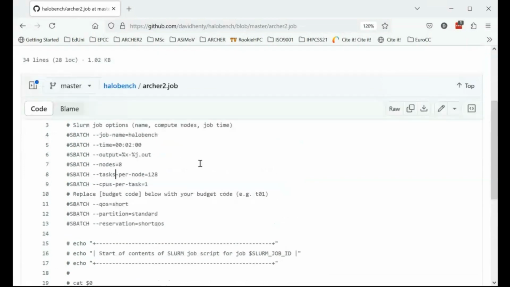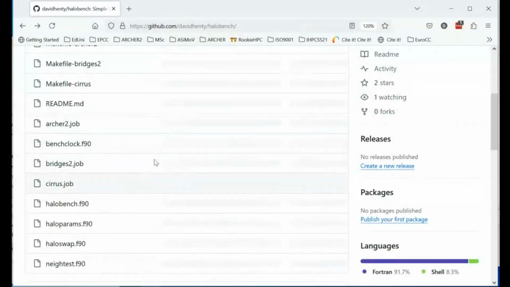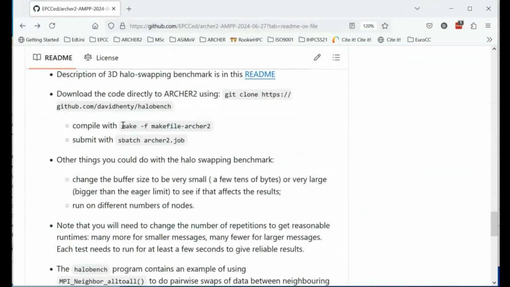So it'd be useful if people could compile and run that benchmark. It should compile out of the box with make -f Makefile.ARCHER2 sbatch. That should work. So maybe I need to just get myself a glass of water, but could someone confirm